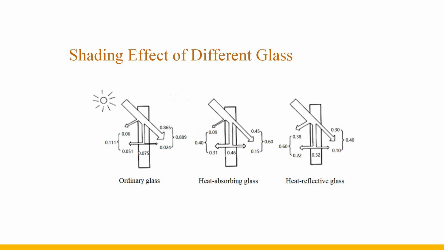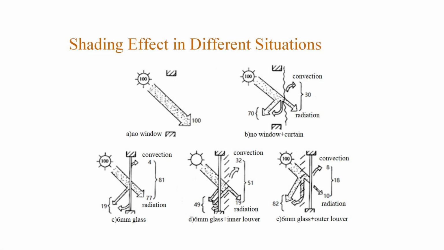Is it feasible to choose the glass form based on the maximum amount of solar radiation entering the room? Combined with architectural design work, what kind of thermal impact will the heat-reflective glass bring to the surrounding environment? Combined with the behavior of opening window glass, various forms of shading structure can be combined to form a variety of use cases. Let's take a look at another figure, which compares the solar radiation heat entering the room